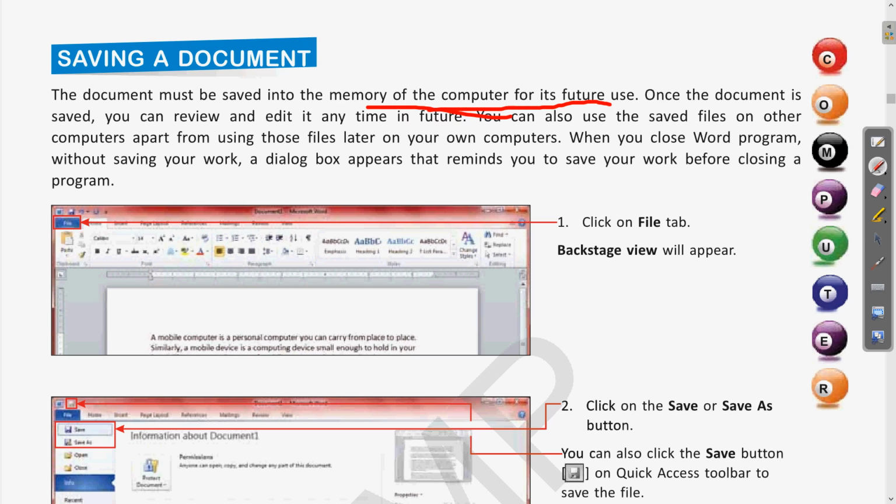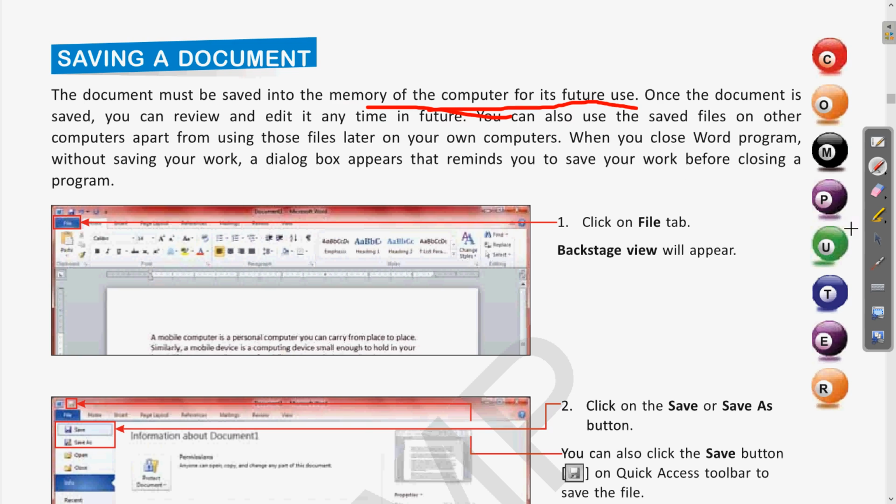Is it clear? Once the document is saved, you can review and edit it anytime in the future. So it is obvious that if it is saved, then you can modify it, you can change it, you can do various other things on an already saved document.